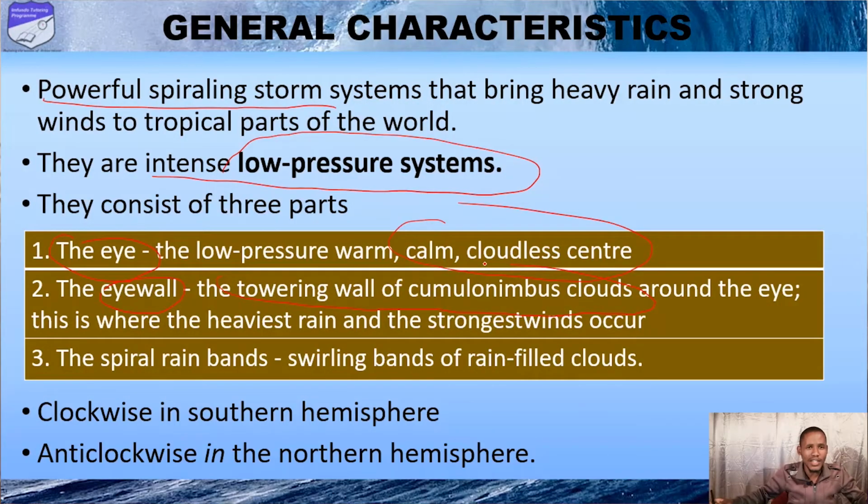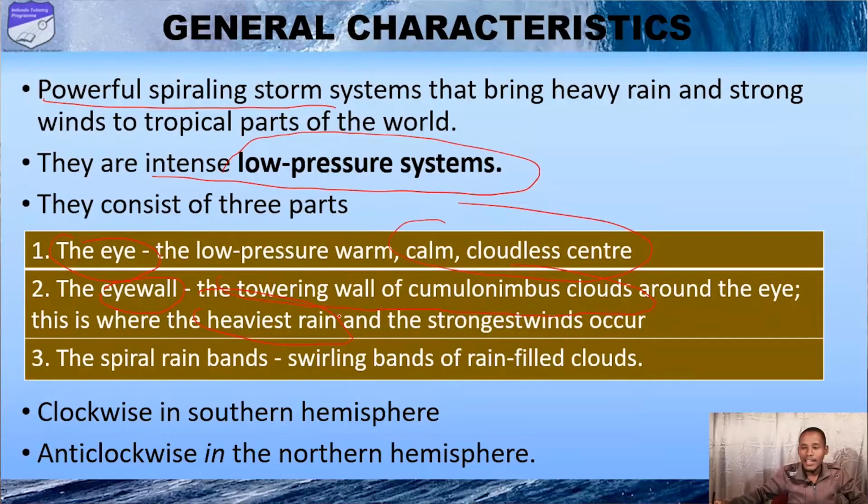Now, remember from our previous lessons that cumulonimbus clouds are the larger clouds. That's how you can remember it, because they've got a long name: cumulonimbus, large clouds. Yes. Okay, so because we've got these tall clouds here, this is where we're going to experience the heaviest rains. Because we've got tall and huge clouds, this is where we're going to experience the strongest rainfalls and